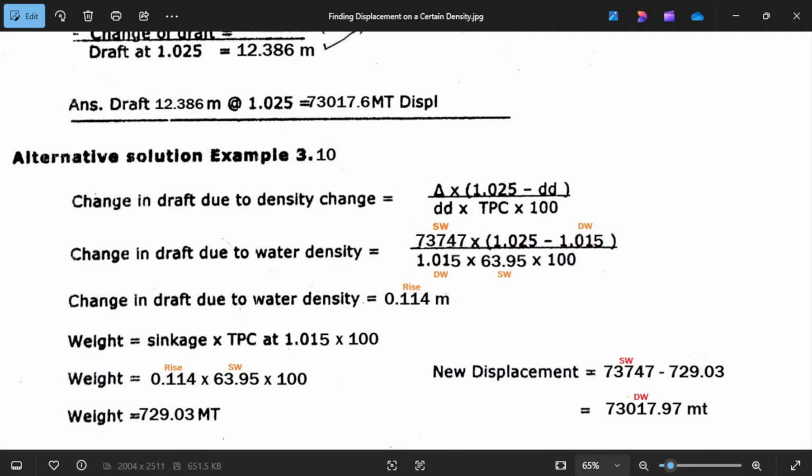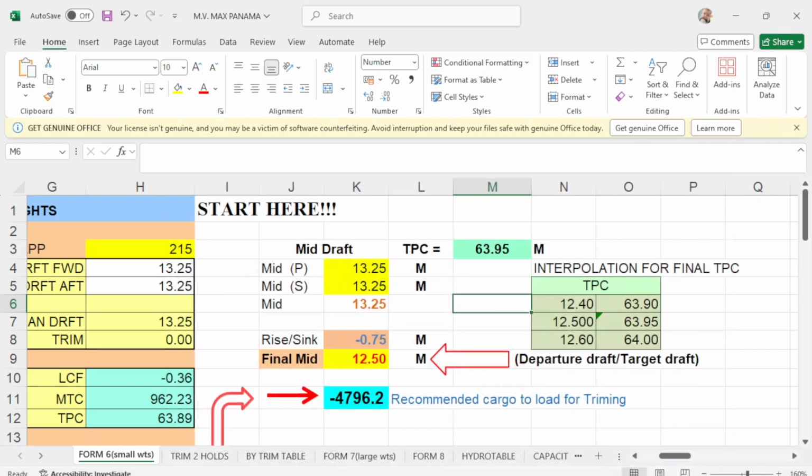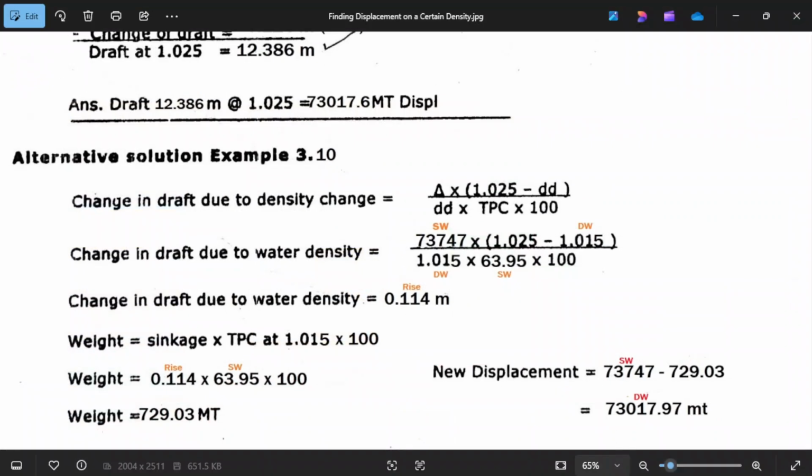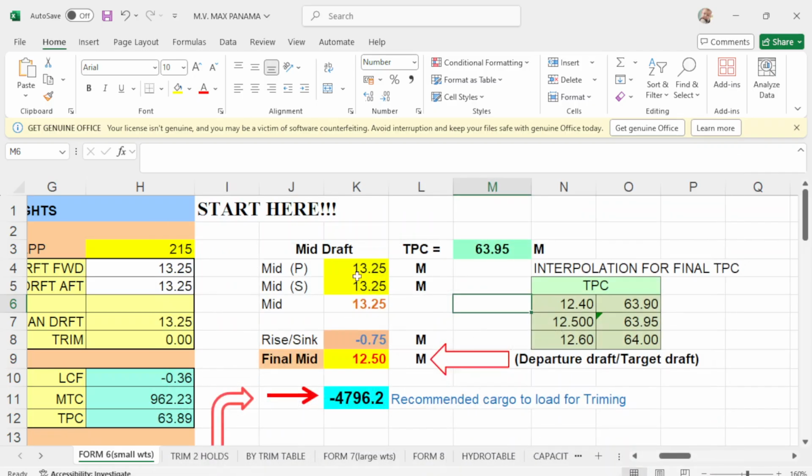Then the bedsheet draft, what would be the bedsheet draft would be 12.386. Okay, 12.386.